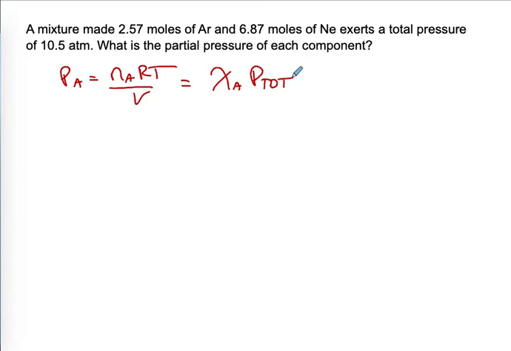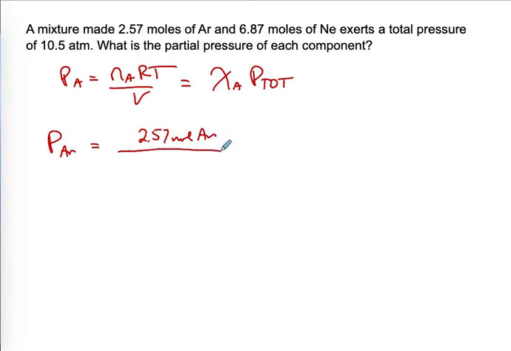Since we're given the total pressure, and since we are given information that lets us calculate the mole fraction, let's simply do it that way. So the partial pressure of argon in this mixture will be equal to the mole fraction of argon times the total pressure. The mole fraction of argon is simply equal to the moles of argon